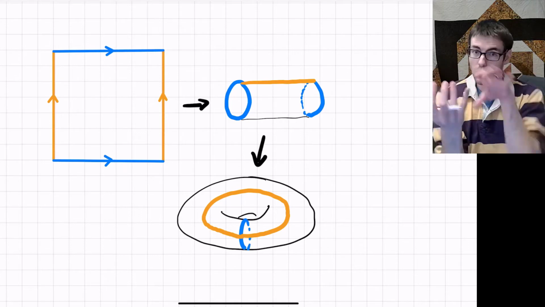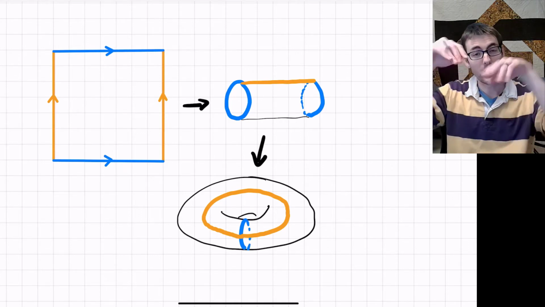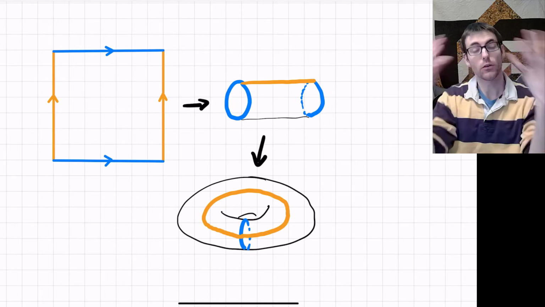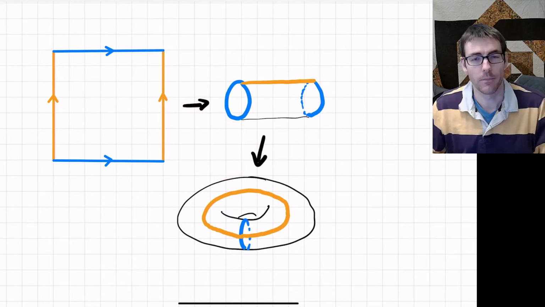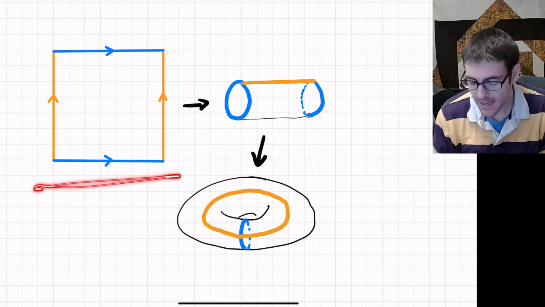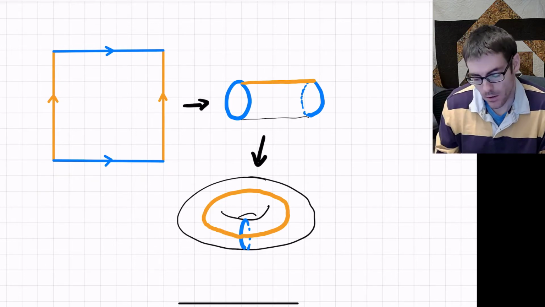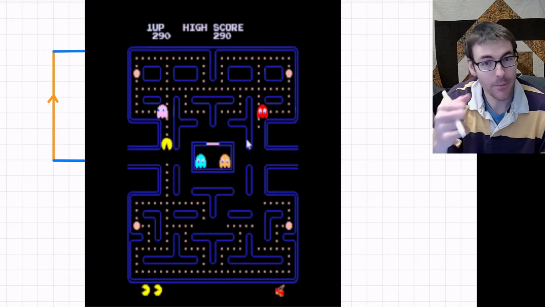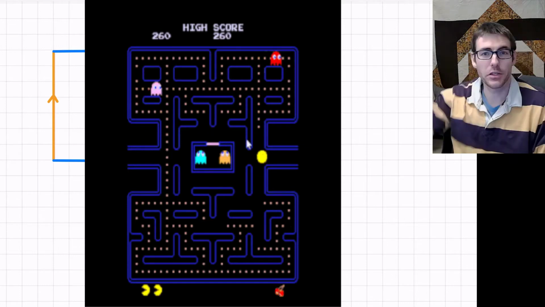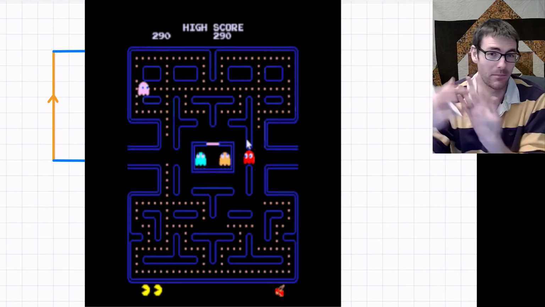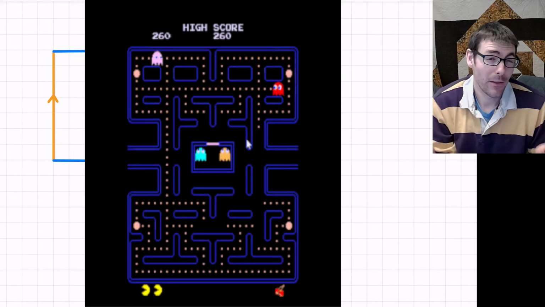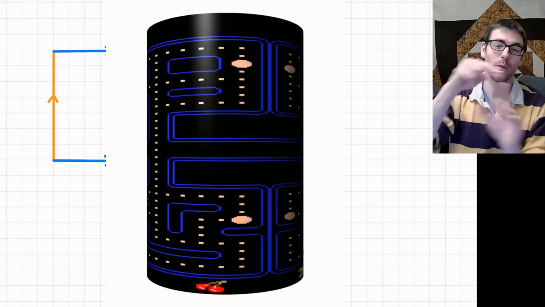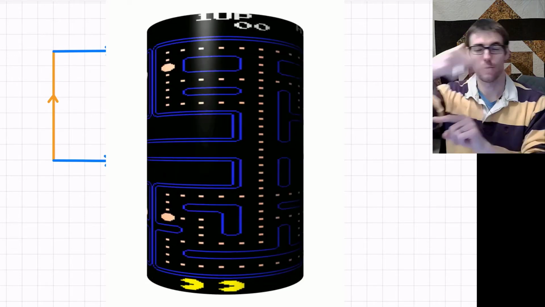If we have a normal torus, we can break it up into pieces. We can cut it open along something like this blue and something like this orange edge to reverse the process and get back to a square. So the idea is that we can use a representation like this to represent what's actually happening on the torus. I like to think of this as having the Pac-Man rule. In classic Pac-Man, if you go off one edge, you sort of magically appear on the other side. One interpretation is that there's some teleporter that sends you to the other side, but another way of thinking about that is that rather than playing on a flat plane, maybe the entire game is happening on a cylinder, and when you go off of the left side,